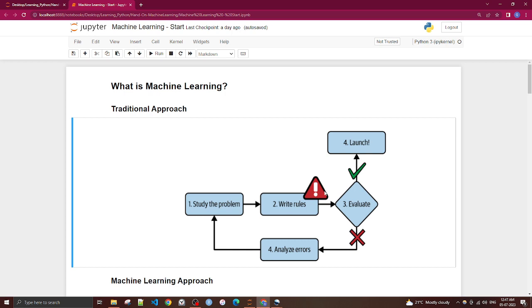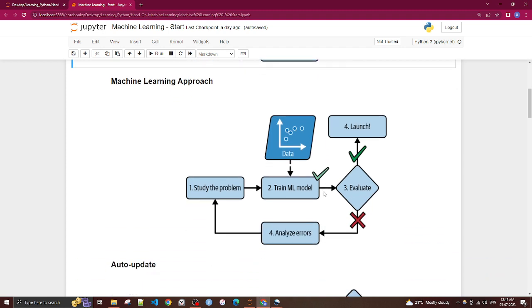On the other hand, what the machine learning approach does: we know the problem, we have to identify the email, we have to train our models, right? Using the data, we are going to train our models, test it, evaluate it, and then we'll put it into launch.